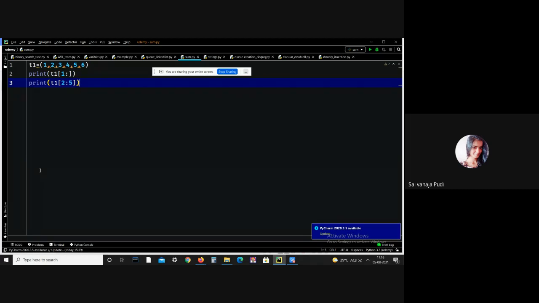Even in tuples we can perform negative indexing and negative slicing. Let me give an example. In a tuple, we can also access an element using negative indexing. The index of -1 denotes the rightmost element. See here, the rightmost element is 6, -2 means 5, -3 means 4, and so on. The elements from right to left are traversed using negative indexing. Let me give an example, -1, here, -2.